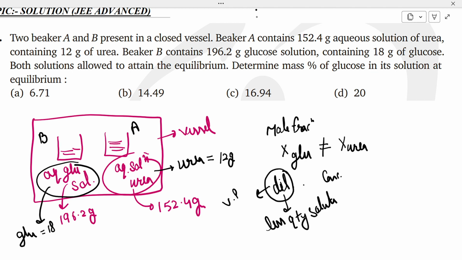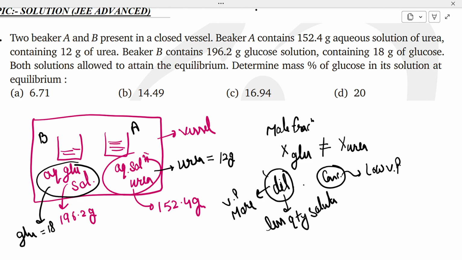The solution with a higher mole fraction of solute, the concentrated one,